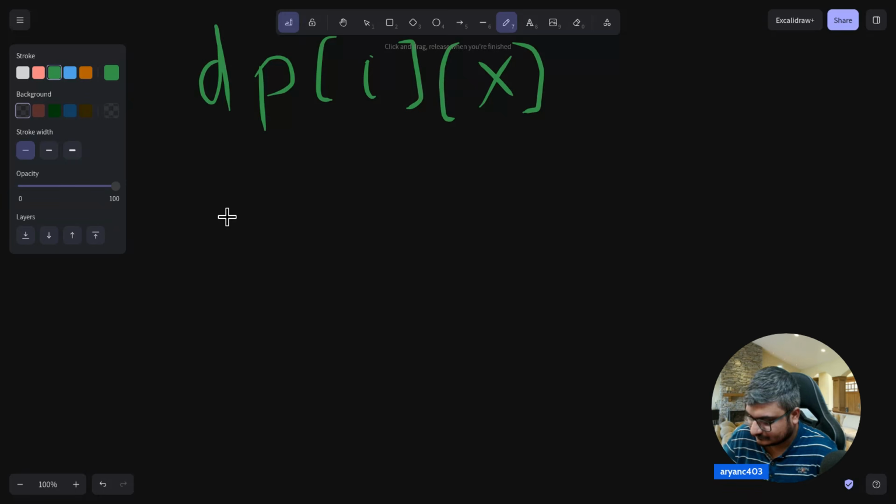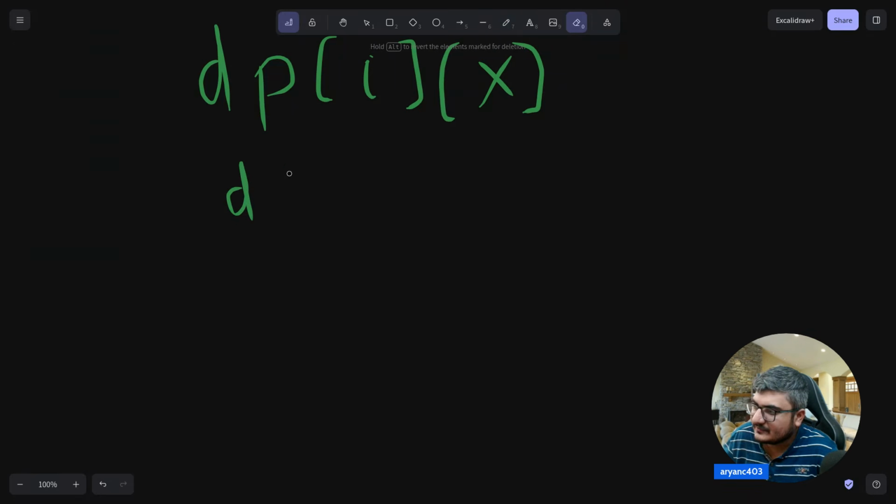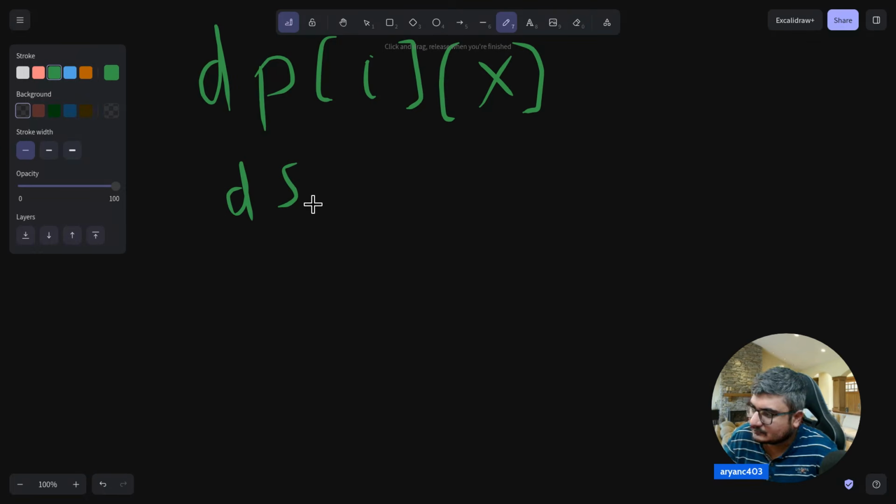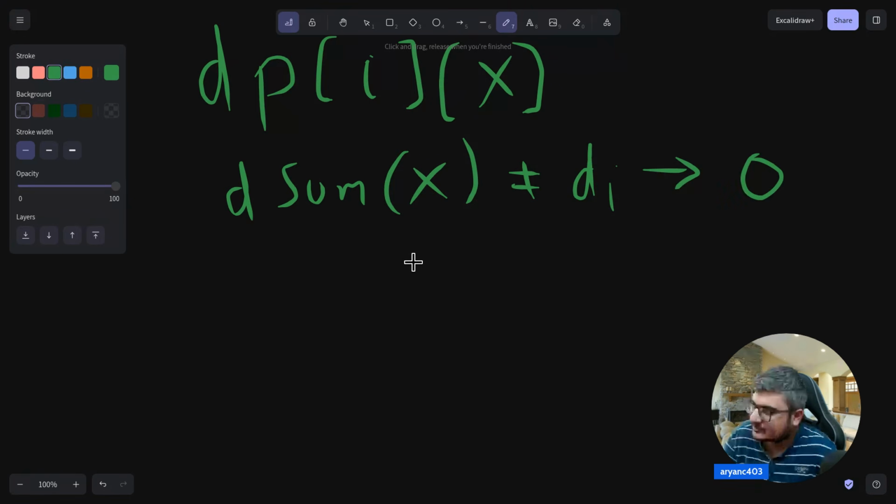If digit sum of X is not equal to DR, then we cannot fill X at this position, so the number of ways is 0. And if it's equal to DR, then the number of ways is sum of